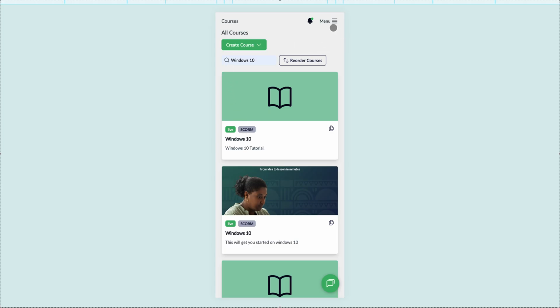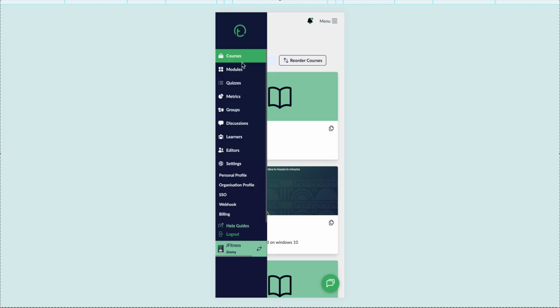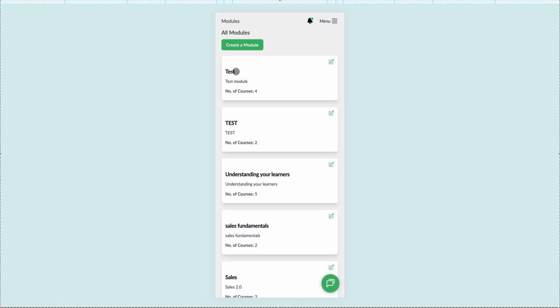Okay, so we've fully covered creating courses. So I'll just click on this hamburger icon again, and we'll proceed to now modules. Remember what I mentioned earlier as we were going through the learner app. Modules are like a bucket that help you group related courses together. So if I click on create module here,